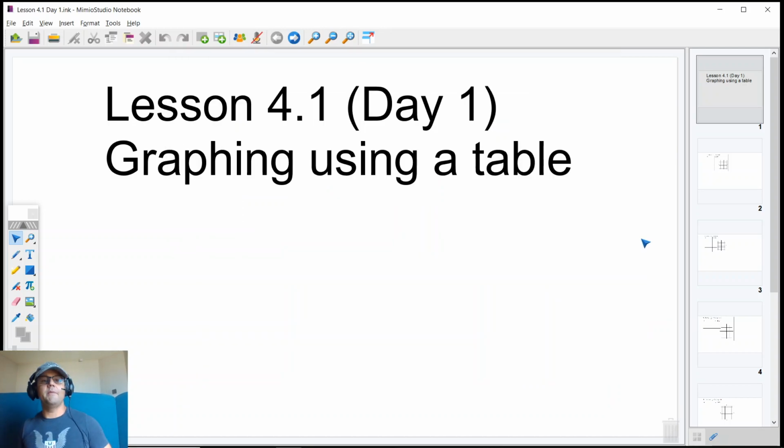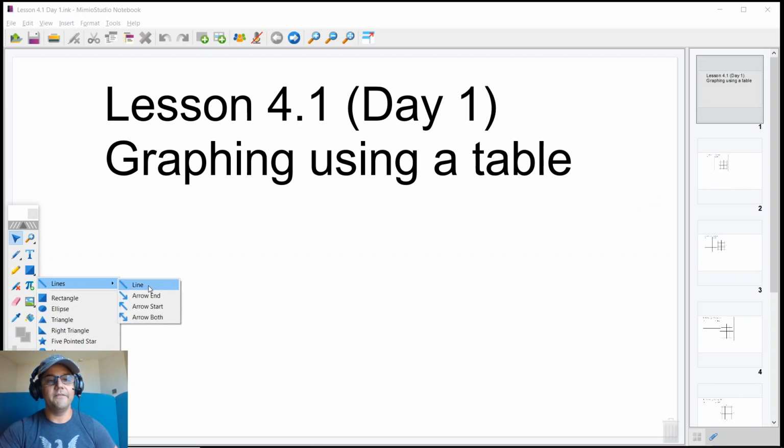All right, ladies and gentlemen, today we're going to be looking at lesson 4.1, day 1, graphing using a table. And we've already seen those data tables before. We've seen them as the mapping diagram. We've seen them as the input-output table, kind of like horizontal. This one's going to be a little bit more vertical. And our goal is to be able to actually graph lines that are going to look very similar to what